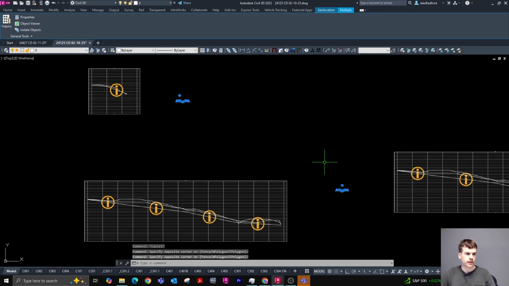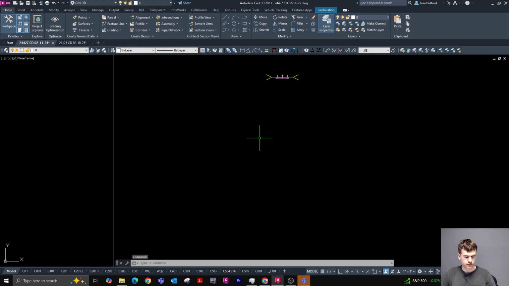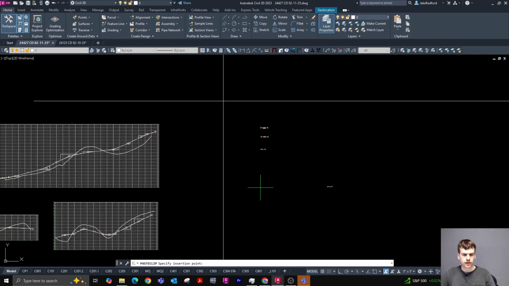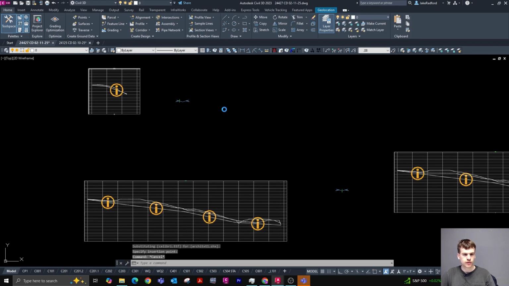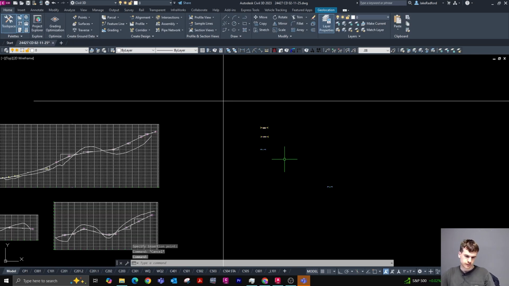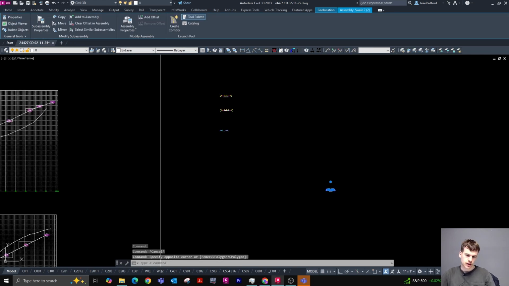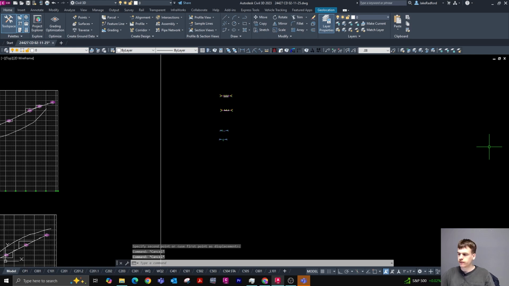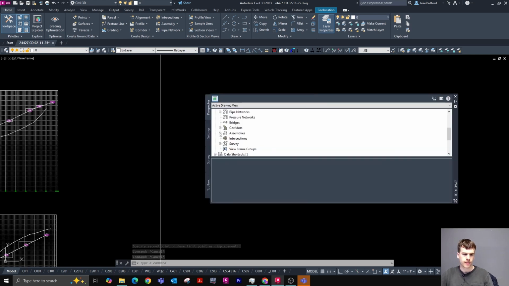So I can copy both of these and drop them in here. Go ahead and close this. Okay, so now we've got these two assemblies imported for our swales. So in our tool space, which I'm going to pull over so that it can be seen, under our assemblies, now we have these two assemblies that are created for our swales,